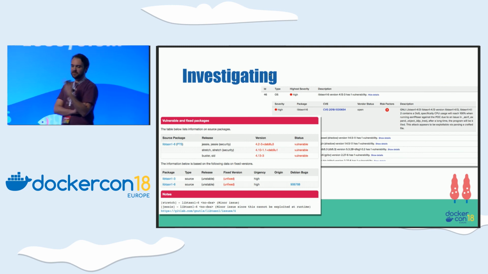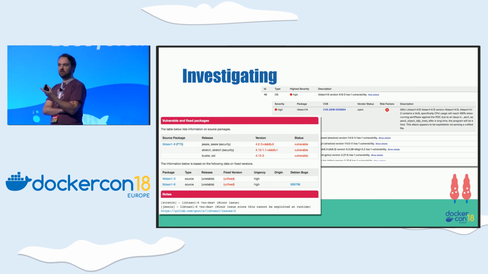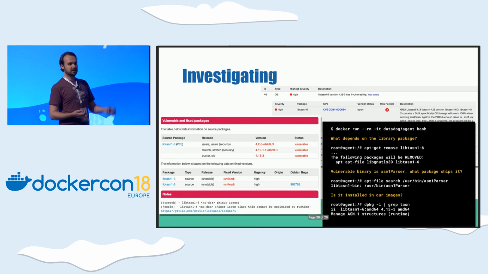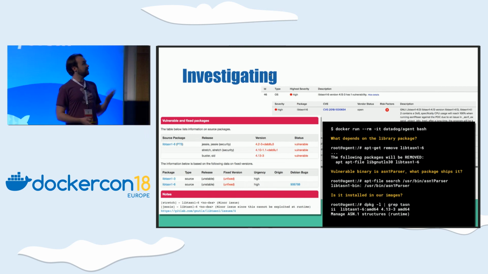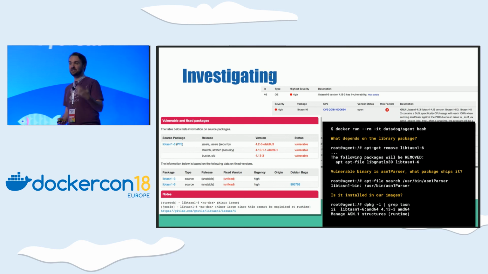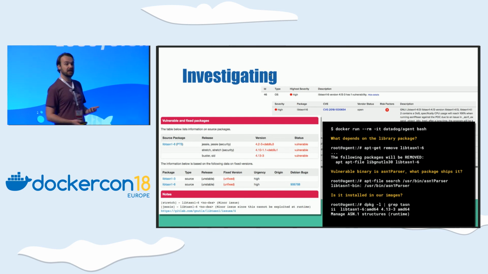OK. So you see, this is an investigation you have to do, and you can't really do that if you are pressed to release. We could do that because that was 3 weeks before the freeze, and we were able to take more time to investigate. So can I directly remove the package? Is it safe to remove it? apt-get depends on it. I can't remove apt-get because we have customers installing new dependencies or custom software for custom checks. So we can't remove apt-get from the image.